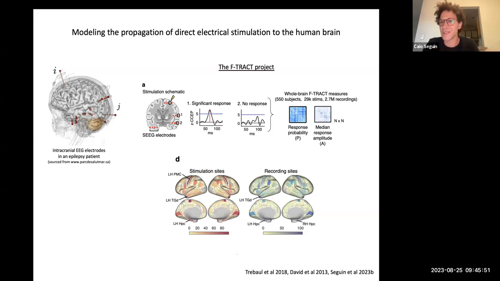It's a clinical procedure, right? So the clinician is not interested in creating the cleanest research data set. They're interested in eliciting a response. So it is biased on where it stimulates. If it sees that a region is doing something, it will stimulate there again and again. It will up the amperage. So this is the downside of this data set, that we don't have any of this information.